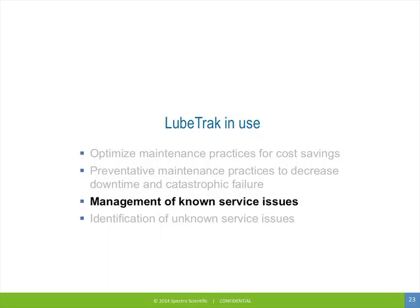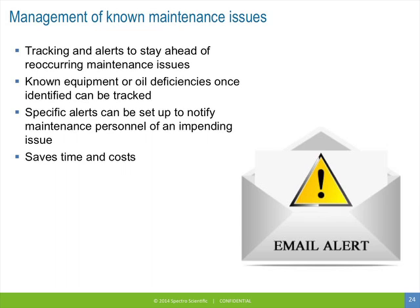Next, we will review an example of using LoopTrack to manage known service issues. When the maintenance crew is aware of a particular issue, they can use LoopTrack to stay ahead of it by setting up automatic notifications of the impending problem. The alert criteria is set as an early warning system so maintenance actions can occur in a timely manner, preventing